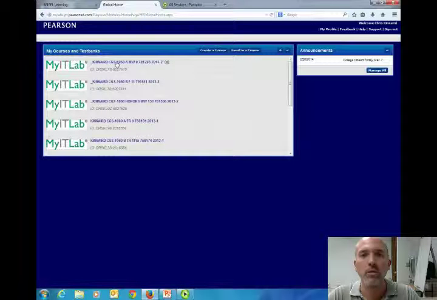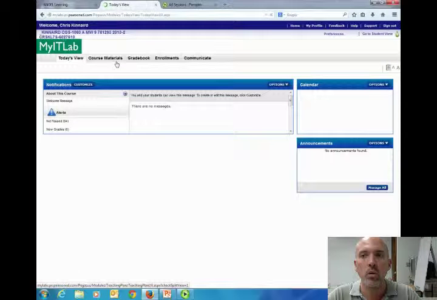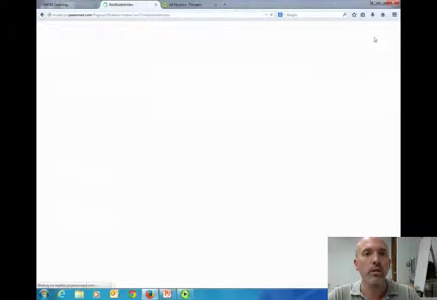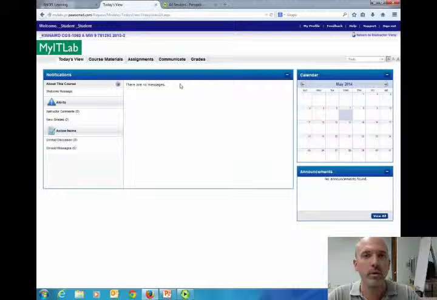So I'm going to click on one of these classes just so you can see what the interface looks like once you access a class. So this is an older course, but first, just so you're aware, I'm going to click into what's known as the student view here just to make it more similar to what your experience is going to be. So these tabs across the top are what you use to navigate to the different areas of the course. There's a calendar, which eventually you will see assignments popping up here pretty soon.